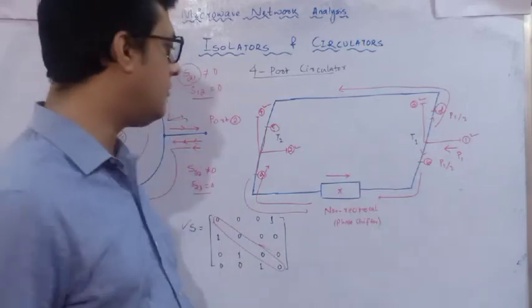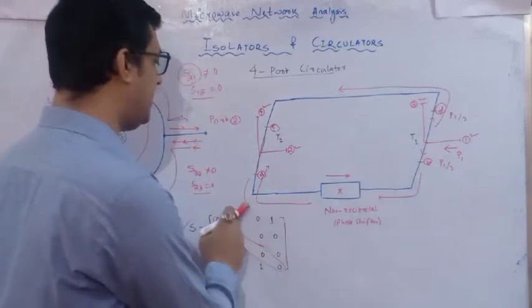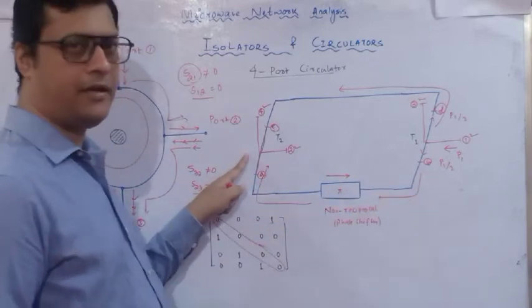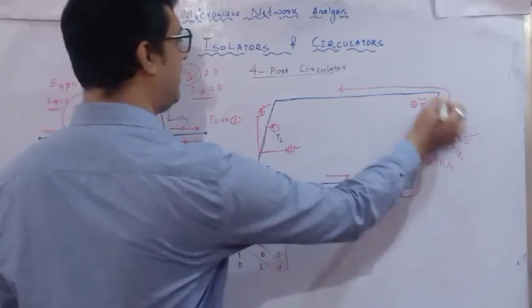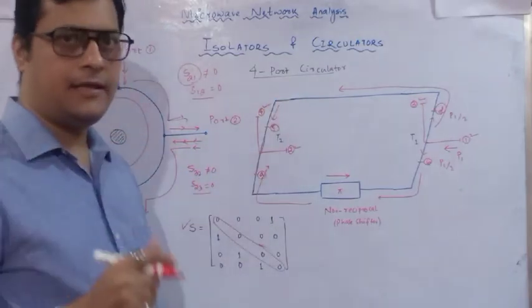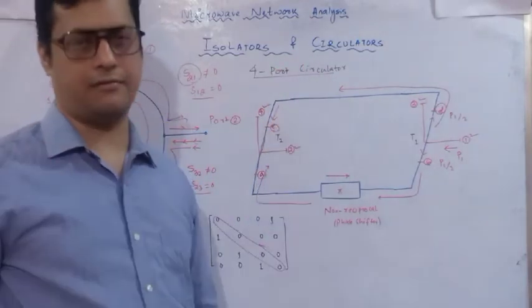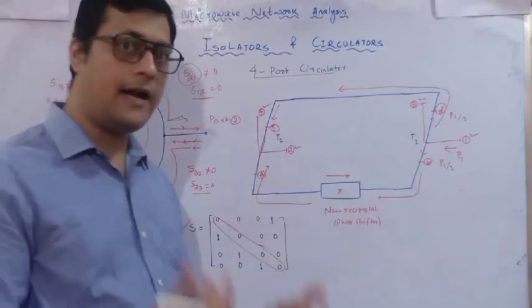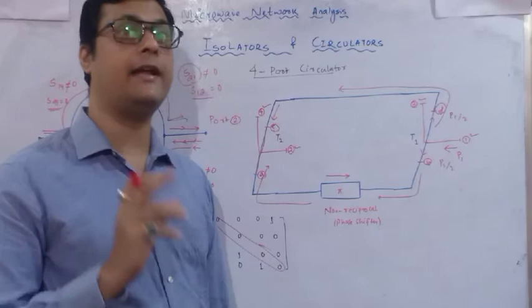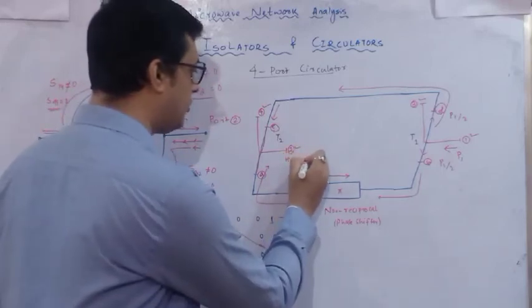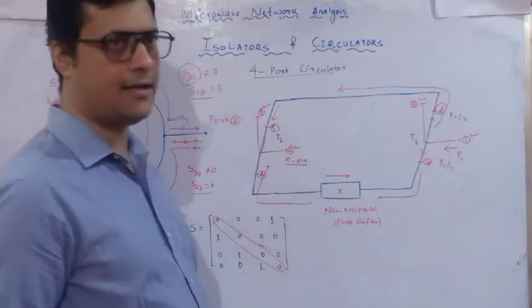I will tell how. First let me take the incident path first. So here P1 by 2 is fed to the A, here also P1 by 2 is fed to the E, like this. Now here we need to add the power. So where we are going to add the power in the magic tee? In H arm. So in that case, the port 2 will act as a H arm.